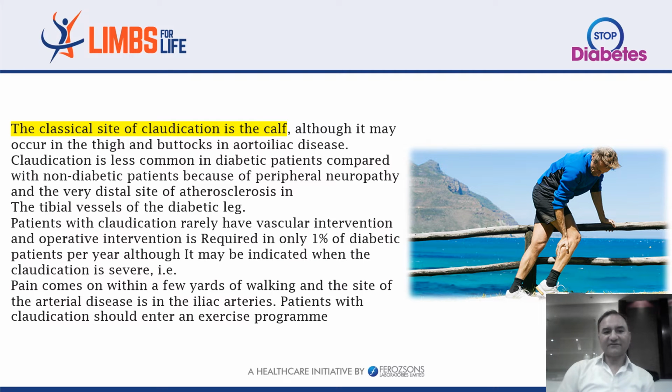The classical site of claudication is the calf, although it may occur in the thigh, buttocks, in aortoiliac disease. Basically, if it is just restricted to the calf, it is called classical intermittent claudication. And if it is in the buttocks and the thigh region, then we call it